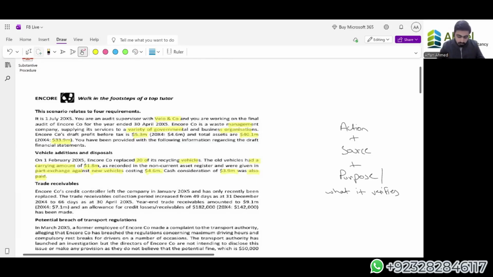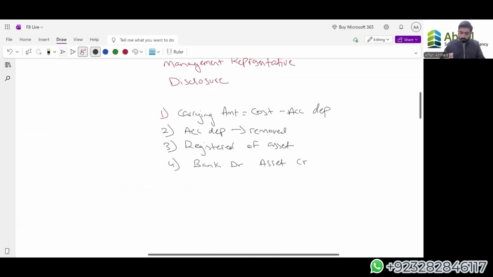Now let's go to the accounting here. Now here this double entry is invalid for us. Why? Because we are disposing of an asset, but we're taking an asset in exchange. So remove this double entry. Now instead of this, we will write that we are having a part exchange. For part exchange, what should the double entry be? Double entry should be asset debit. The asset is of higher value, that is 4.6 million. Now we are giving an asset away as well, so asset credit as well, by 1.8 million.